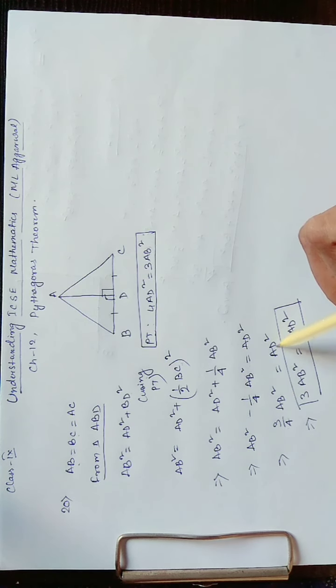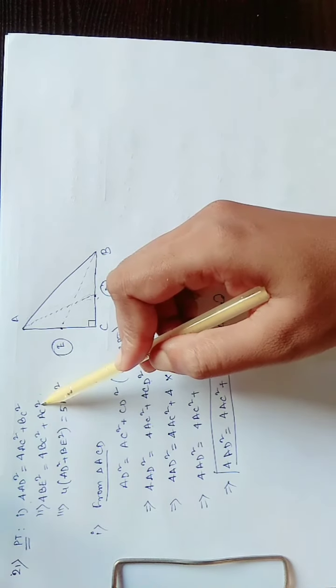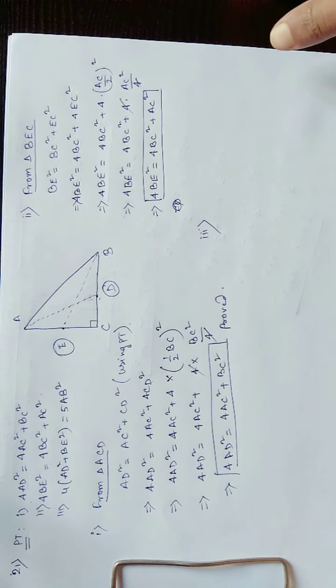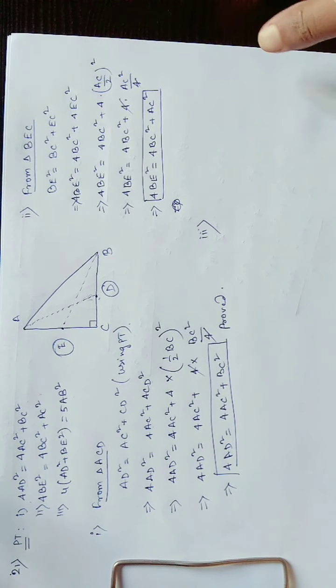Now just look at this, these two are matched, we have to prove this thing only. So we can write CD as half of BC because it's given D and E are midpoints. So writing it as half of BC whole square, we get BC square by 4, 4 cancels out, and you get 4AD square equals 4AC square plus BC square. Now number 2 is the same, just pause the video and do it yourself. I hope all of you have completed this number 2.